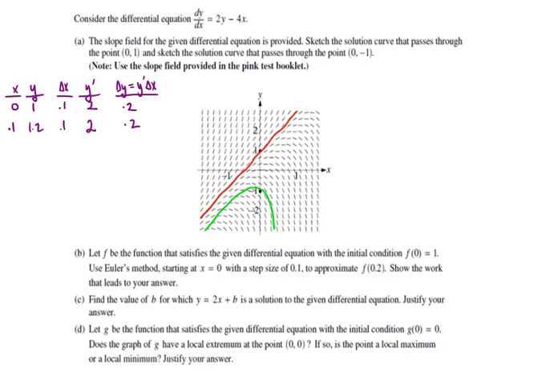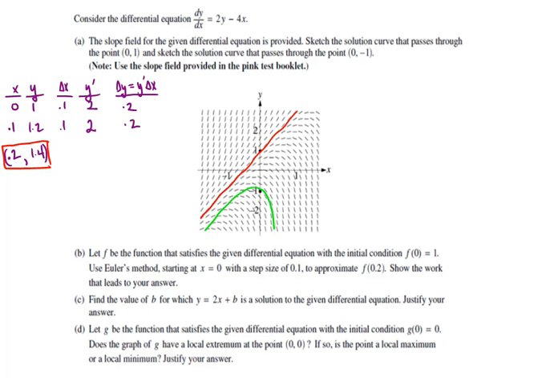Now this makes sense because at (0, 1), the function is growing in a linear fashion, and that's exactly what we're seeing here. Every time you go up by 0.1 in x, the y value is going up by 0.2. And so the new x value will be 0.2, or the old x plus the delta x, and the new y will be the old y plus the delta y, which would be 1.4. And so that would be our approximation of f(0.2). It would be 1.4. Now part C asks us to find the value of b for which